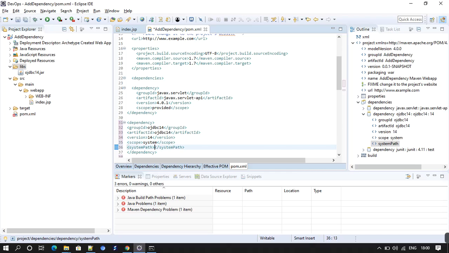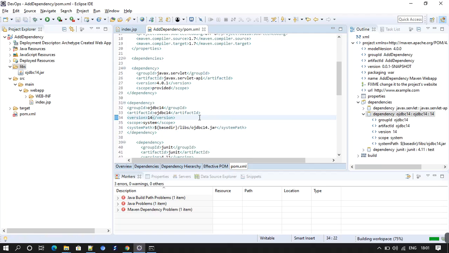Now in system path we have to mention the location of this jar, that is from the workspace. You do not have to mention the whole path. Just type dollar open braces, paste the base directory, close it, type libs and the name of that dependency, that jar file, ojdbc14.jar, and looks like everything is right.